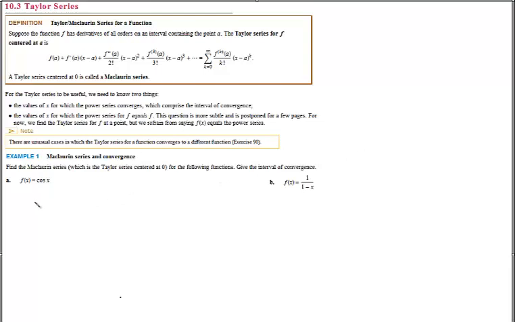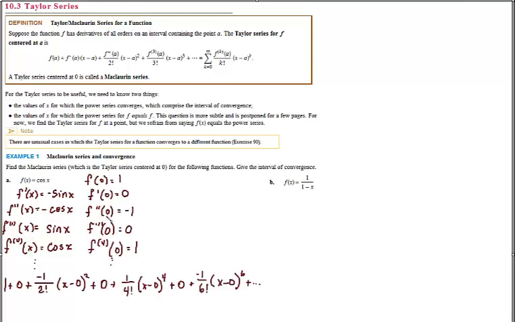So I'm going to need to write down these derivatives. Now it's not readily apparent to me that in example 1 they're asking me to do the Maclaurin series centered at 0. But evidently that is what they're asking. So that means I'm going to need to compute these values at 0. Alright, I've computed these values and written out the Maclaurin series as it appears above, and writing this in terms